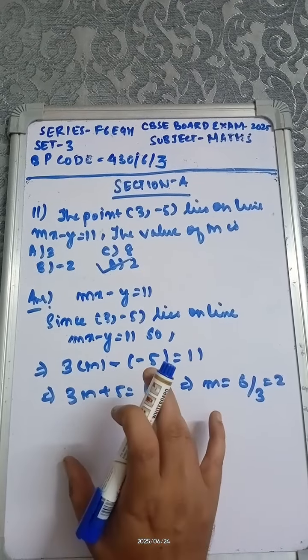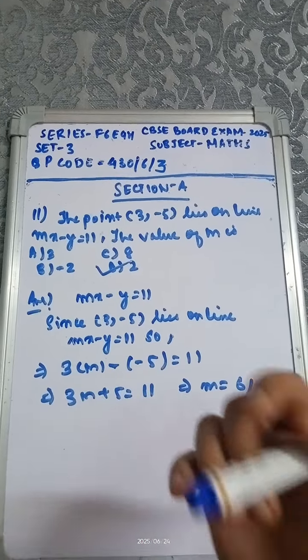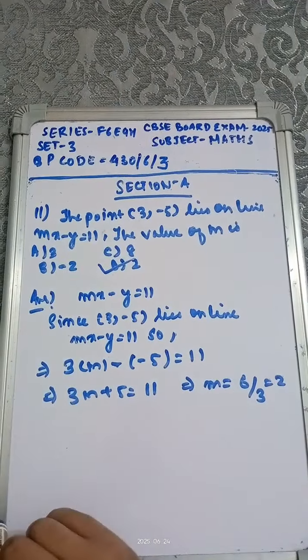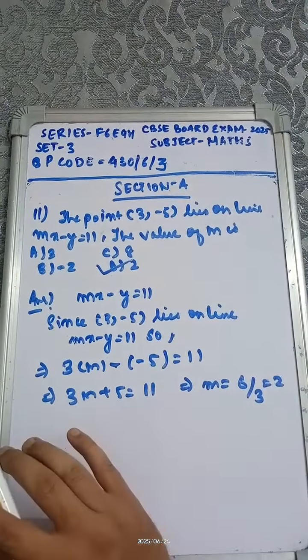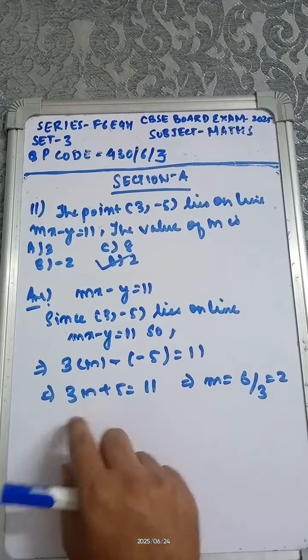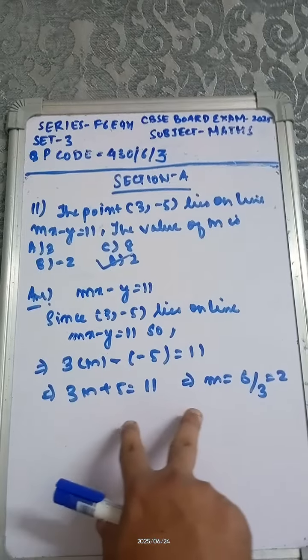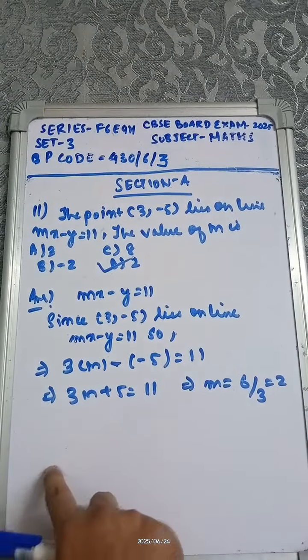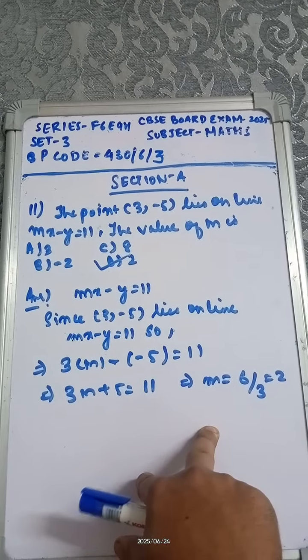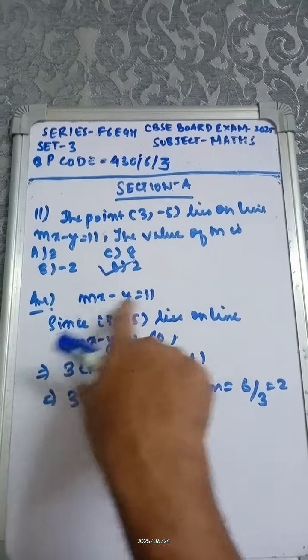If it is given that this particular point is lying on that line, that means that particular point satisfies the equation of that line. If we discuss coordinate geometry in future, I'll surely explain that in coordinate geometry, the coordinates through which the line passes are what help you derive the equation of the line.